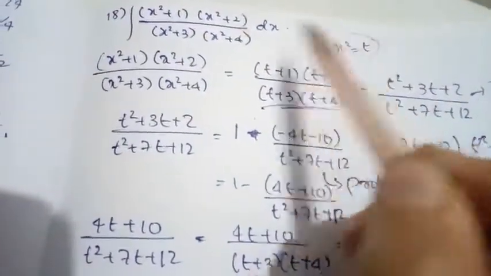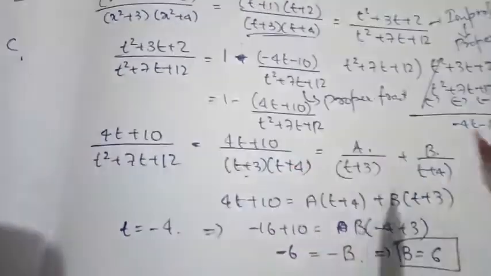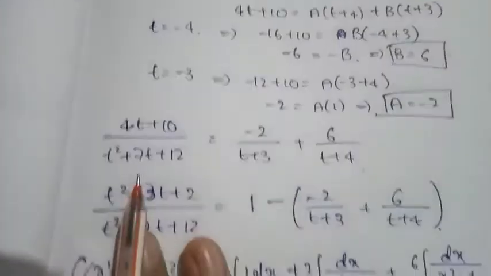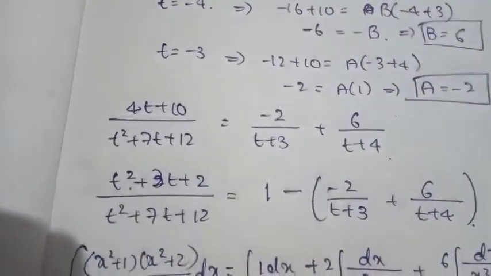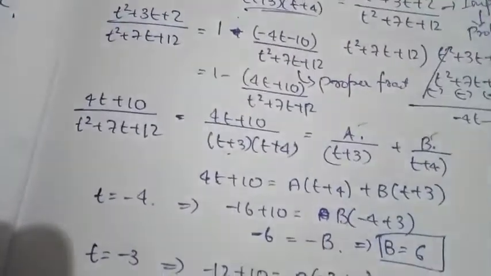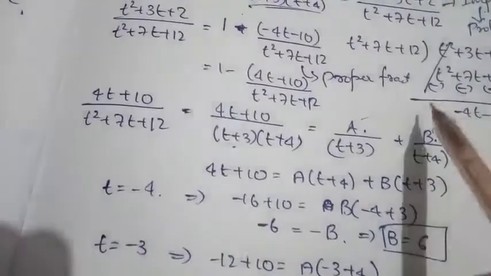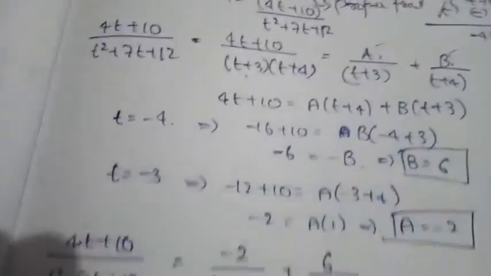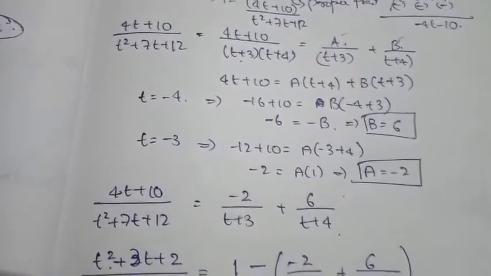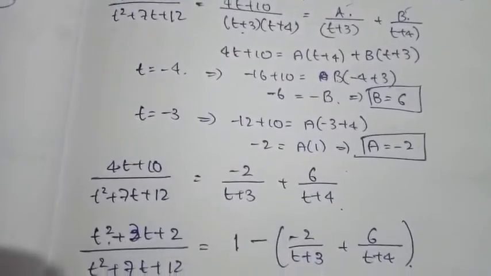So this is how it started. We started with substituting x square is equal to t in the integrand and solving the whole part and getting the value of a and b. As soon as getting the value of a and b, we resubstituted back the value of t here and got the integral. Since the given question was an improper fraction, as usual the regular process of converting to proper fraction through the long division process has taken place, and then we continued with our regular integration part. So this is how it goes. Go through the solution step by step and understand clearly, and then move to the next question.